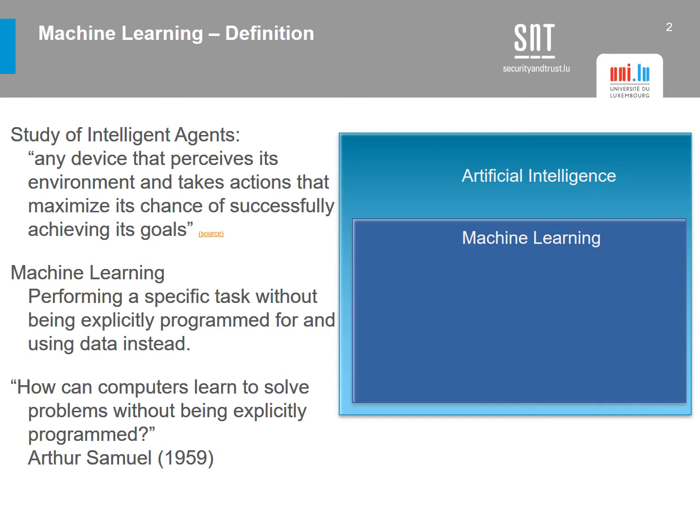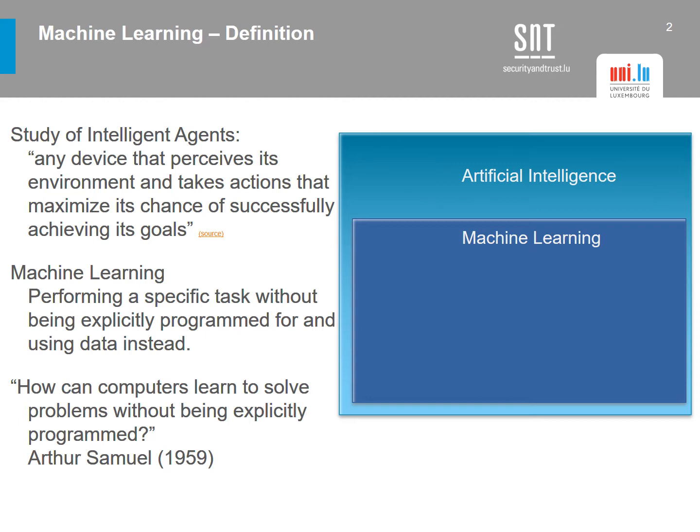As per the definition in Wikipedia, it is the study of intelligent agents, that is, any device that perceives its environment and takes action that maximize its chance of successfully achieving its goals. As we can see, the definition is very general indeed. It can include many entities, classical software development, a bunch of if-else statements, etc. can be a part of artificial intelligence.